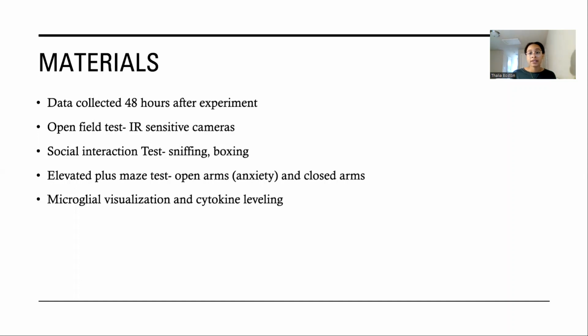If they react socially a lot, then they don't show anxious behavior. But if they don't react much with each other, then they show anxious behavior. And lastly, with the elevated plus maze test, they use a T-shaped maze, called a T maze, that consists of 2 open arms and 2 closed arms. If they spend more time in the closed arms, or less time in the open arms, they are experiencing anxious behavior.